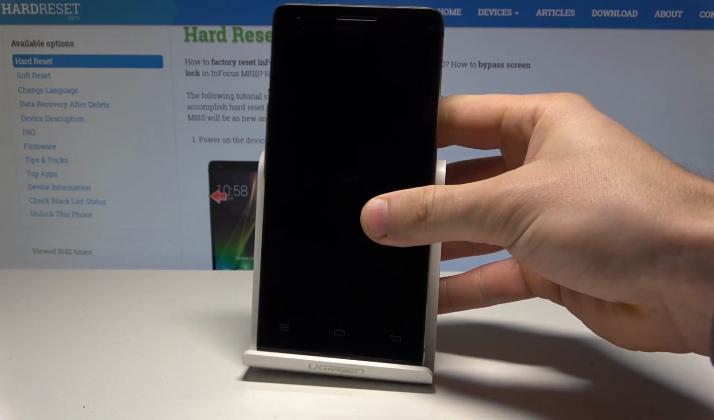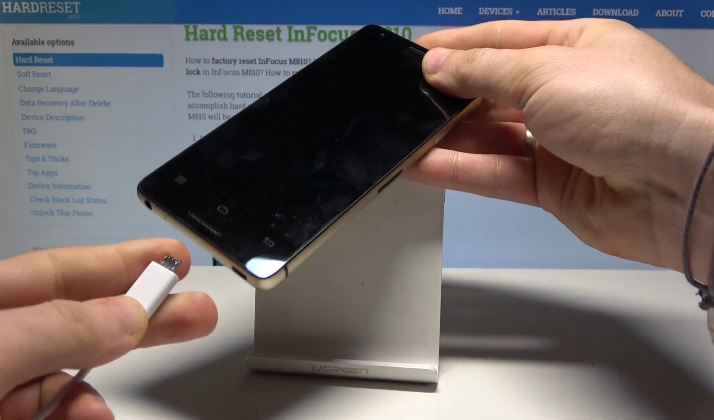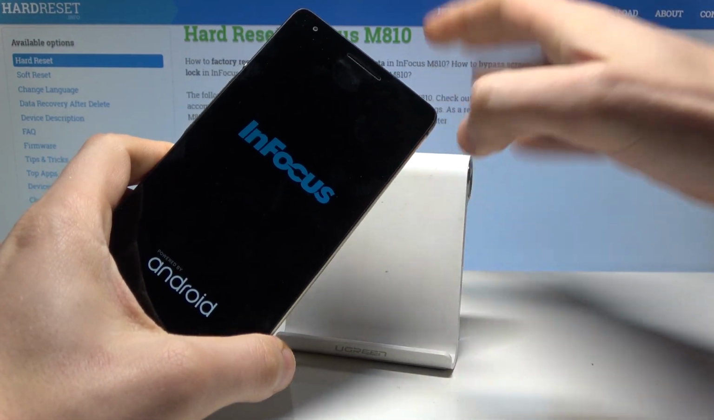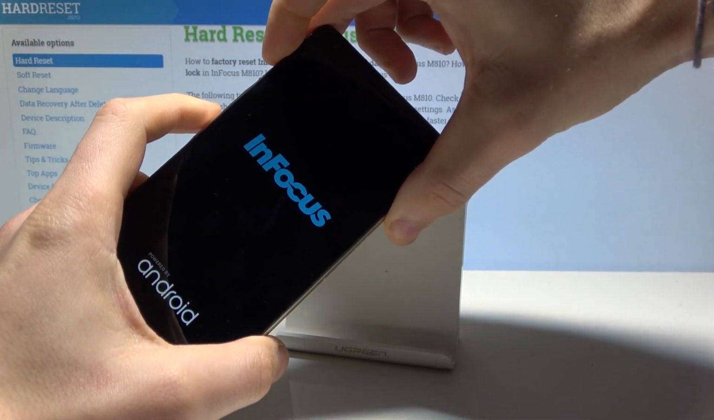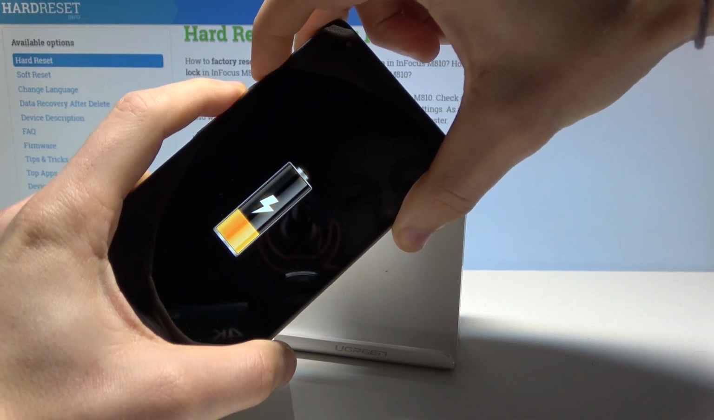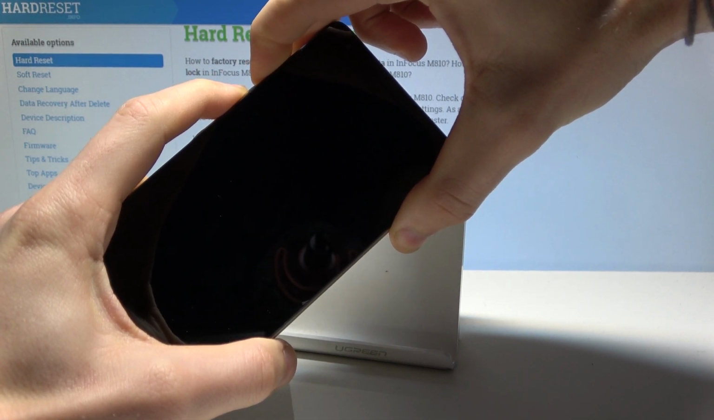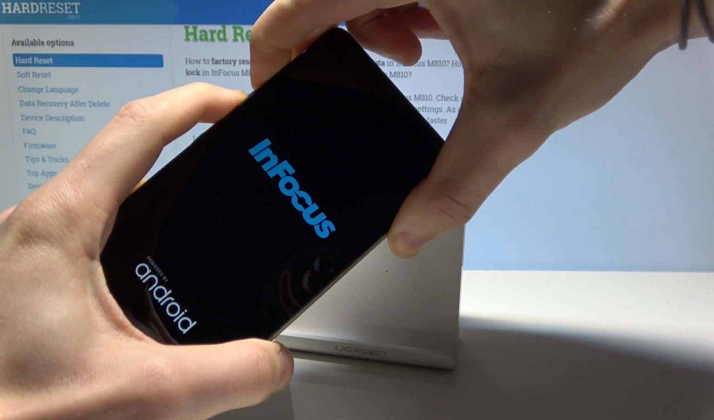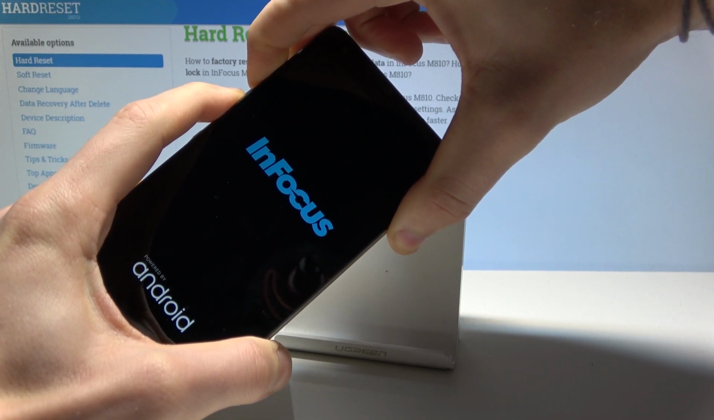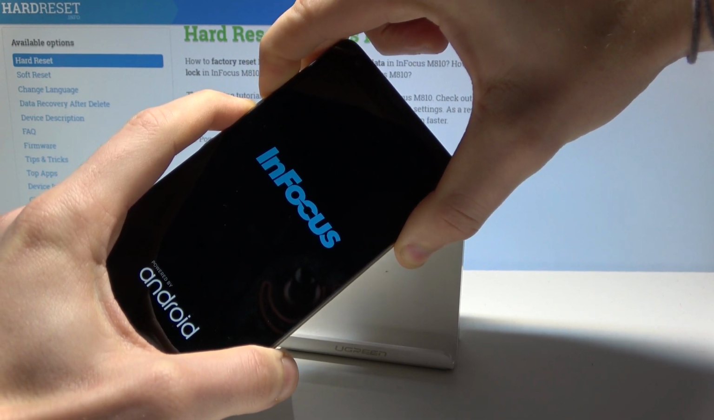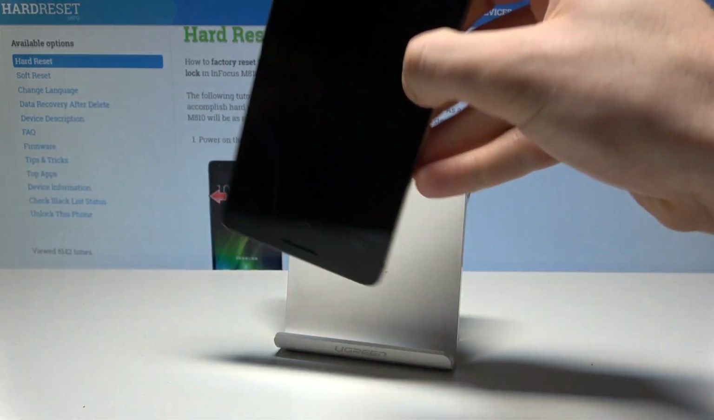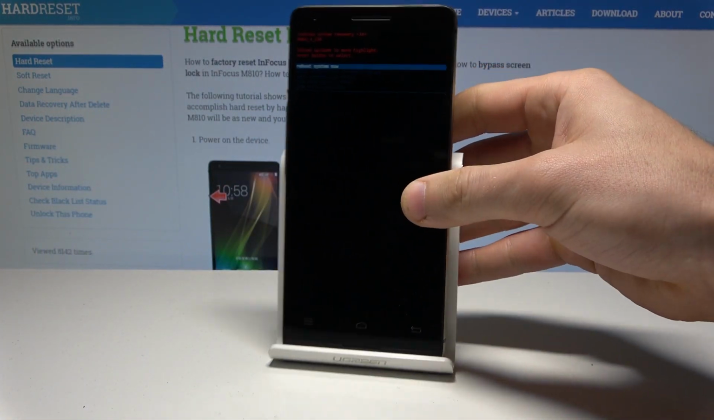In order to do it, let's connect your device to micro USB cable connected to your charger or to your PC. Let's just wait until the charging icon pops up right now, and let's start holding power key and volume up together. So let's keep holding both keys simultaneously, and let's wait for the recovery mode. Release both keys, the recovery mode pops up, you can disconnect your device from your charger, and let's simply start